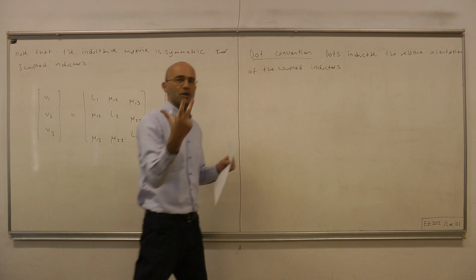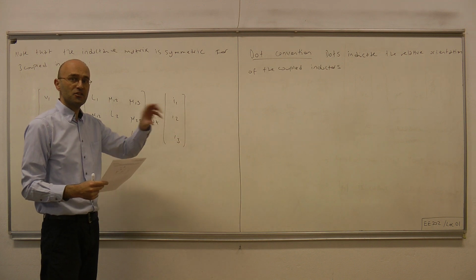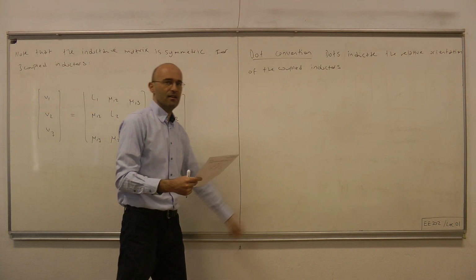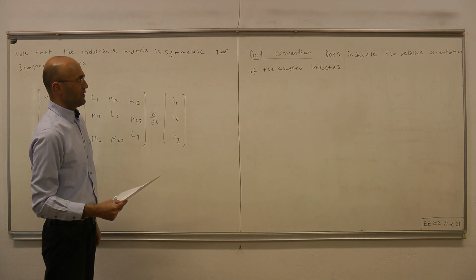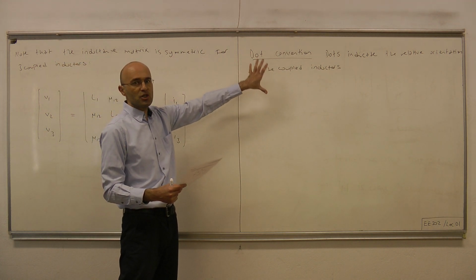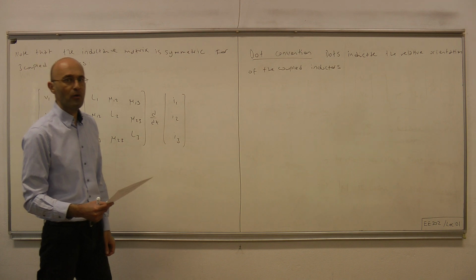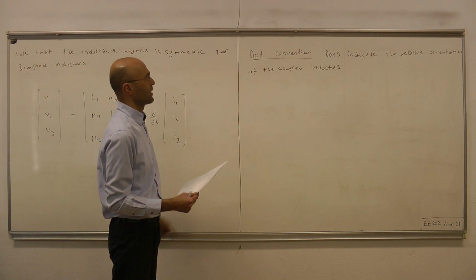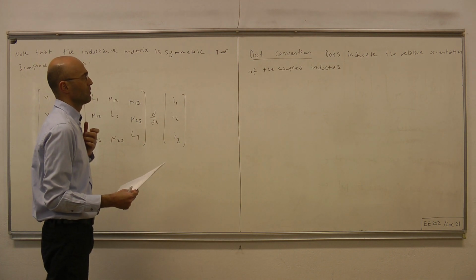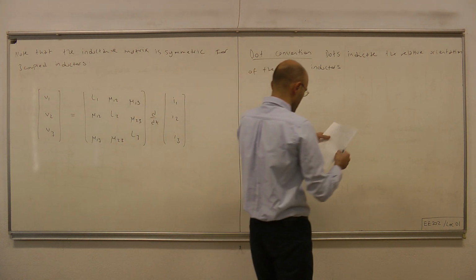Well, this explanation is meaningless at this point because we haven't got the diagram. But once I finish the definition, I will put the diagram on and everything will make sense. So dots indicate the relative orientation of the coupled inductors